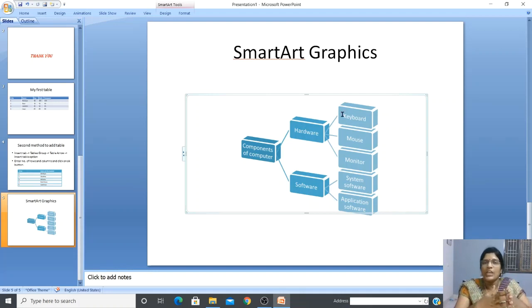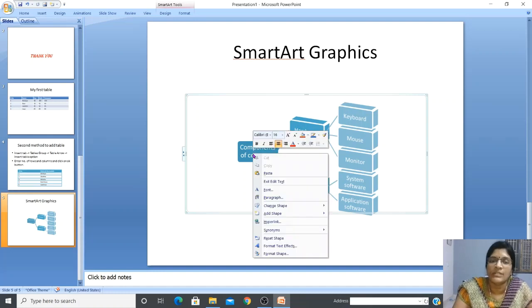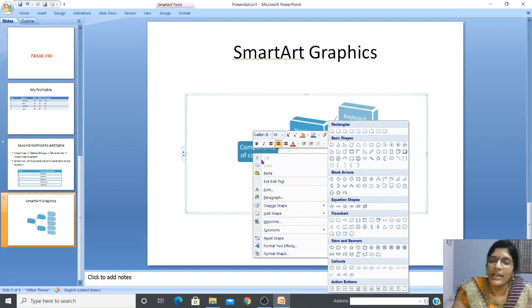You can add shapes, you can delete shapes, you can change the shapes. See, now everything is a rectangular box, right? If you want to change the shape into oval or something, select it, right click, and then change shape. If you go to change shape, you can see so many patterns are here, right? You can choose any one pattern as you like. Okay, so I want to give a pattern like a cuboid or a cube.